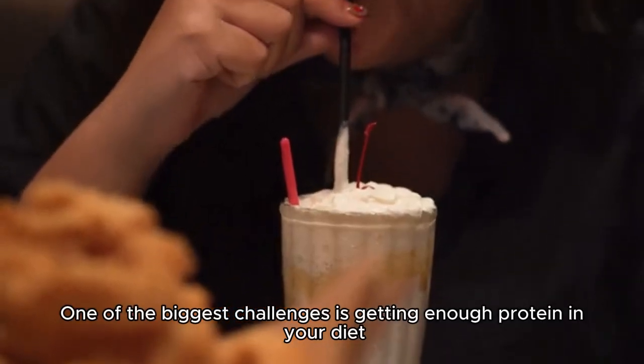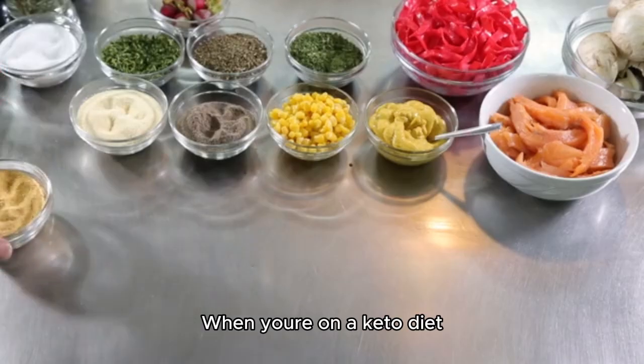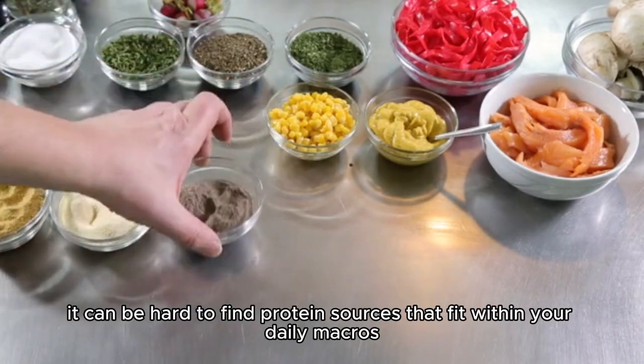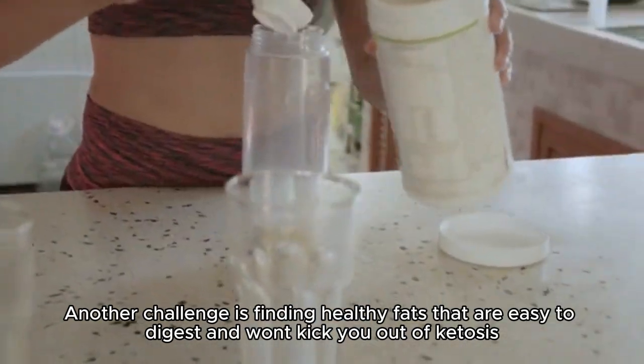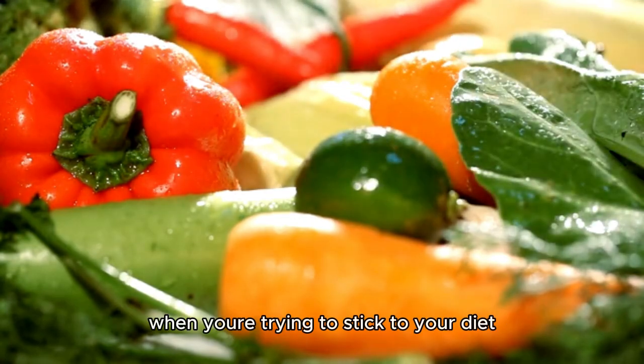One of the biggest challenges is getting enough protein in your diet. When you're on a keto diet, it can be hard to find protein sources that fit within your daily macros. Another challenge is finding healthy fats that are easy to digest and won't kick you out of ketosis. And let's not forget about the struggle of dealing with hunger and cravings when you're trying to stick to your